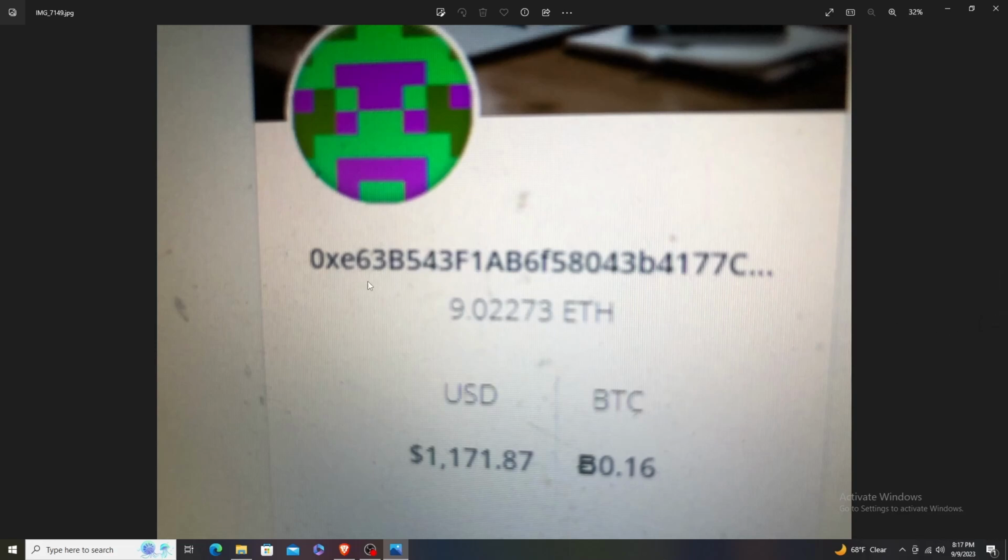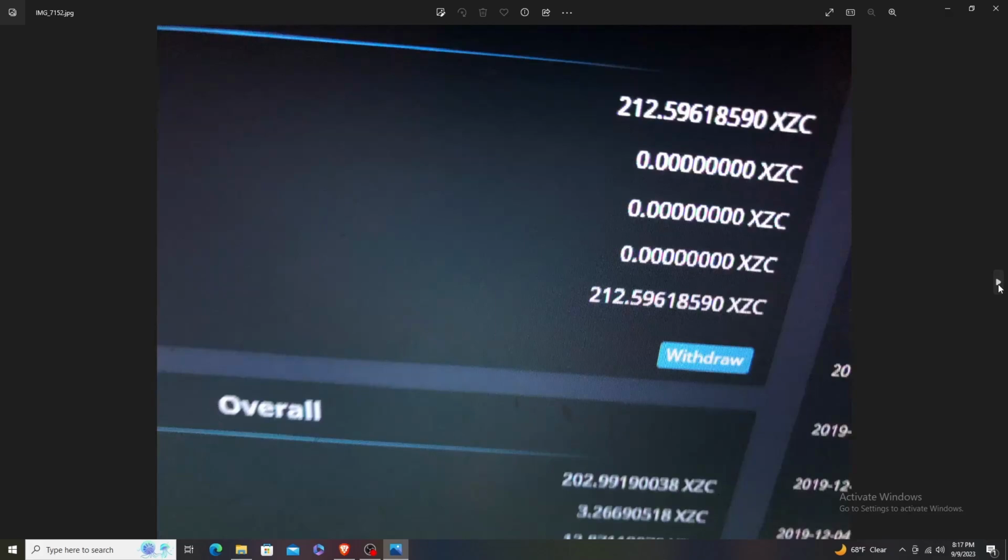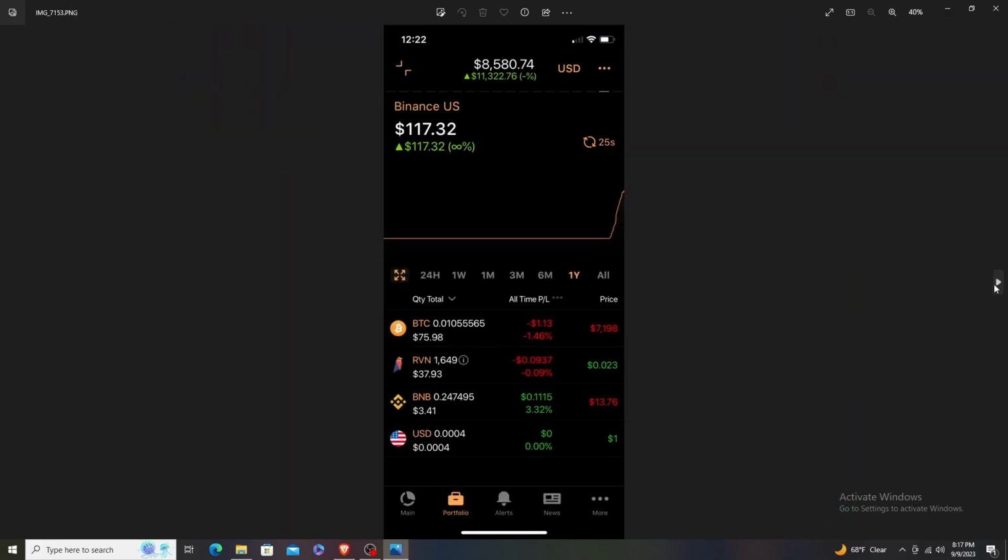This is one of my original Ethereum addresses. Looks like I had 9 ETH at that time. This was January of 2020. And then 18 Monero, more Zcoin. Another screenshot. This was from